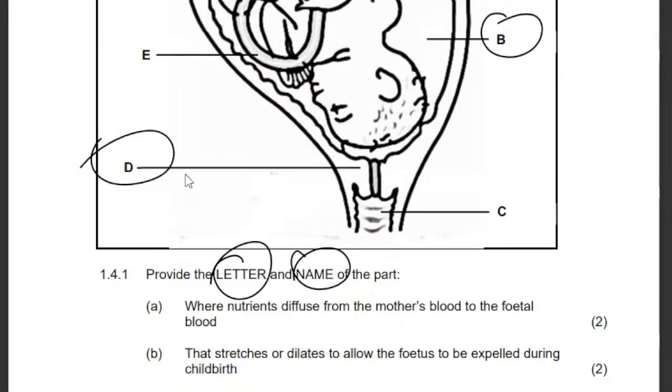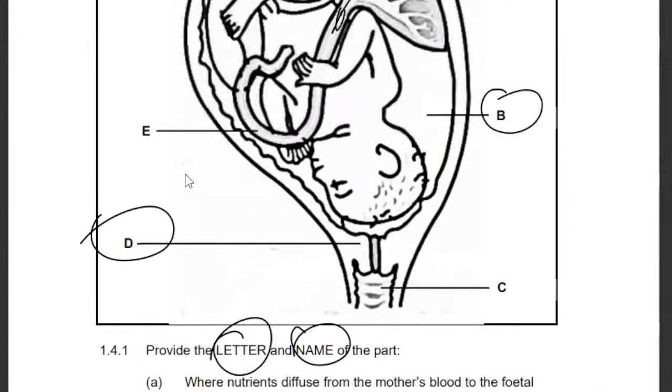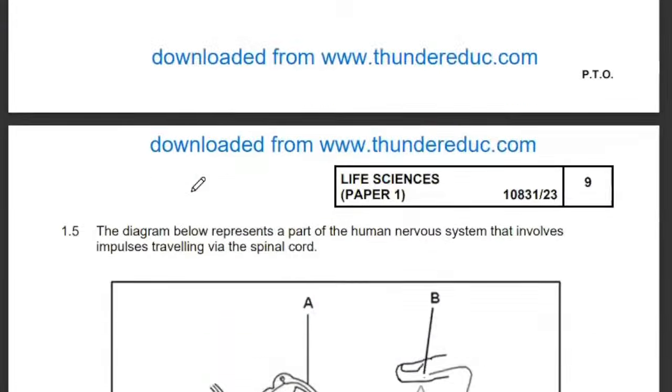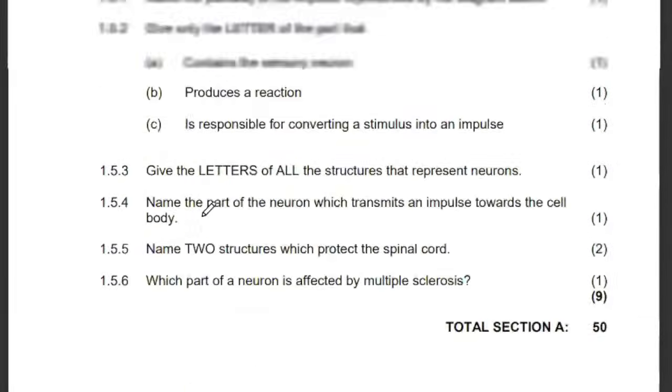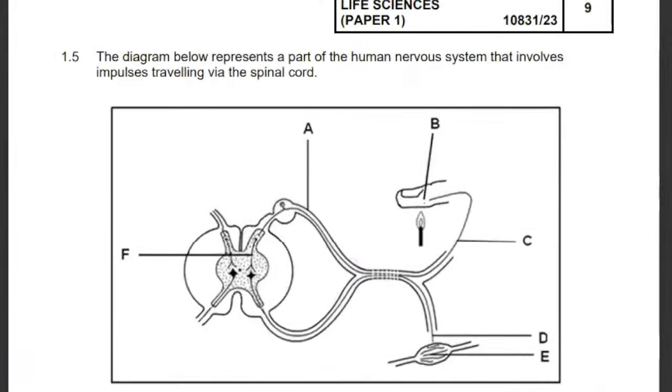Therefore, the answer becomes what? D. And then they're saying that protect the fetus against temperature changes. That's the amniotic fluid. So where is it? It is B. So it's amniotic fluid. So guys, you see that the paper was not that difficult. Yes. Then when we go to the next question,